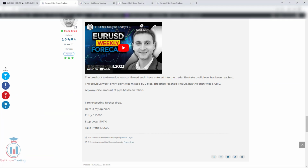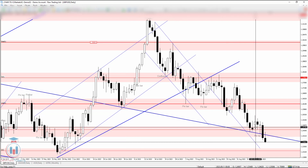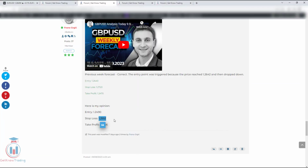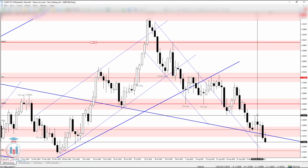Inside the community I will show you, I also shared my idea for that week, and it is a selling idea from the start of the week, and the entry was 1.2490, and if we take a look here, 1.2490, it was here. So the price has reached this price level on a Monday, the trade has been entered, and then the stop loss was 1.2552. So if I go here, 1.2552, the price did not reach this stop loss,